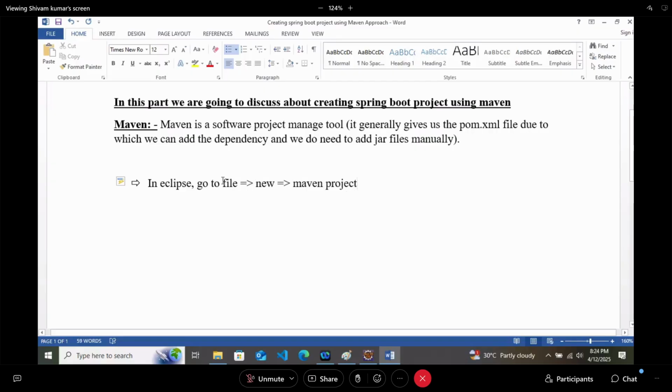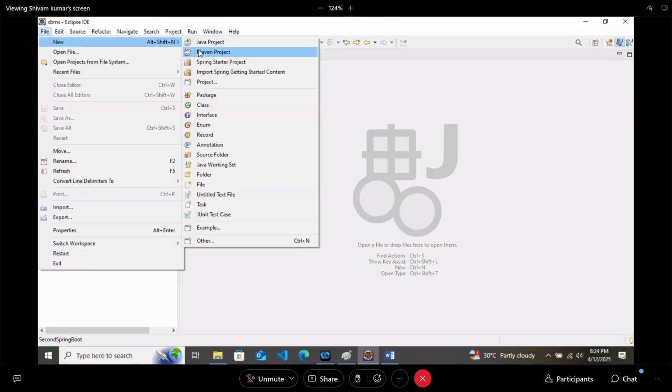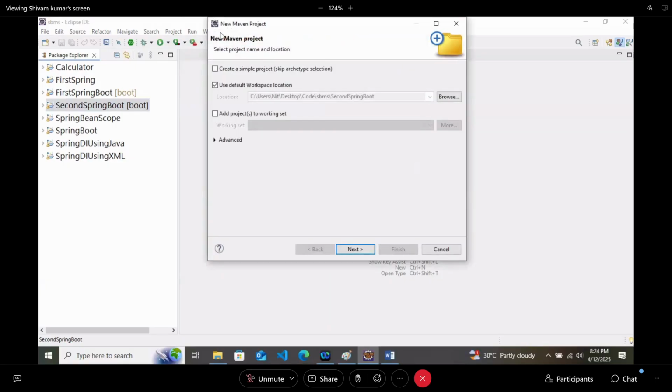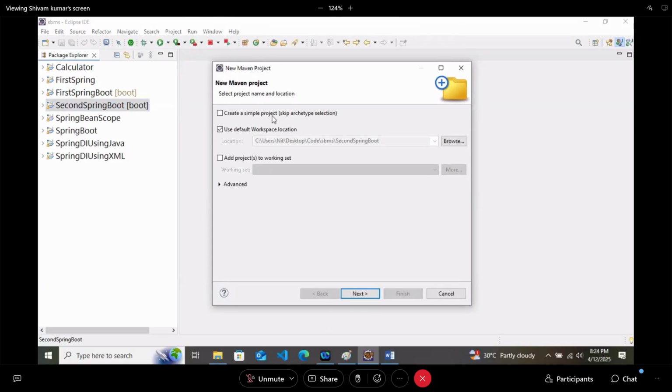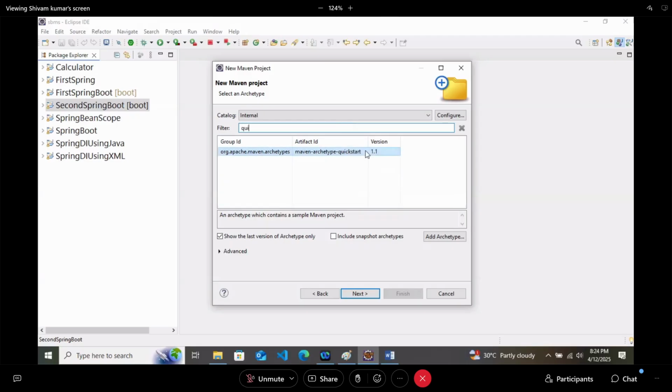So here file, new and Maven project. When you click on Maven project, you will get a screen like this. Just click on next and here you have to select archetype. On which archetype are we working? Quick start. So just select the quick start archetype.